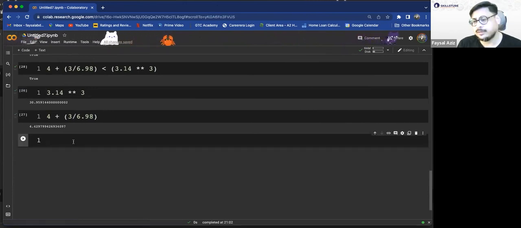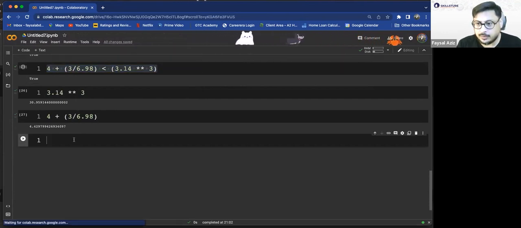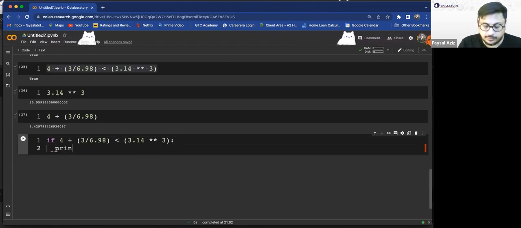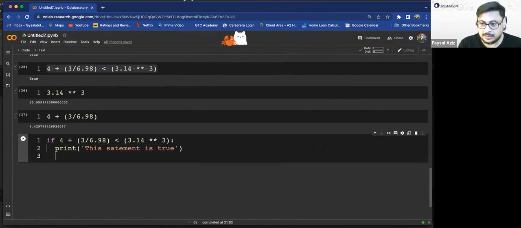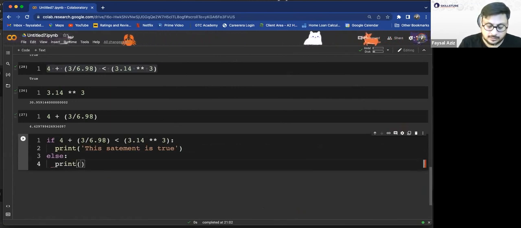And we use this for a lot of things, especially for conditions. For example, this is true. So let me just copy this, and if I were to write if, this colon, then print this statement is true. If it is not, then else print this is not true.